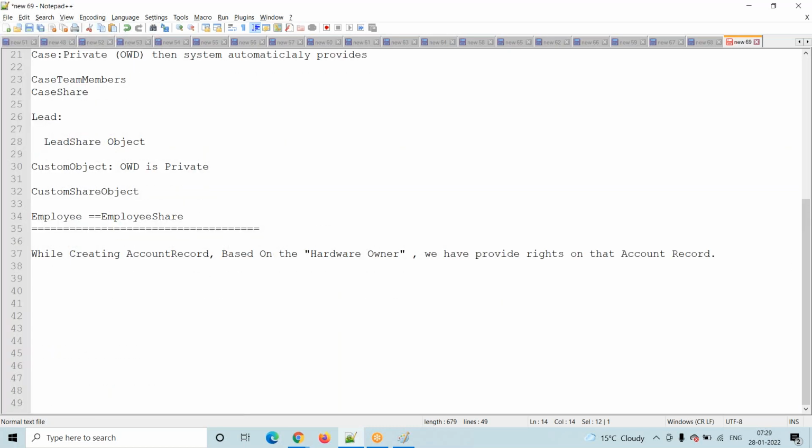When a parent object is there, on the parent object we have one checkbox. Whenever